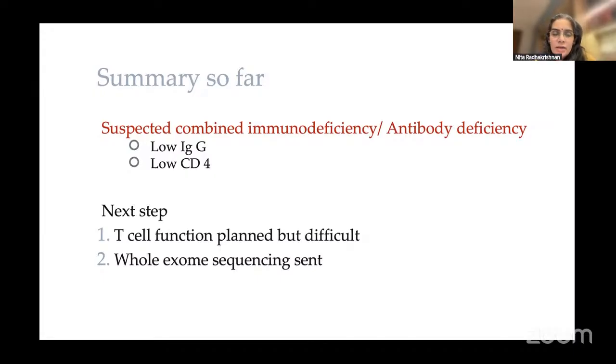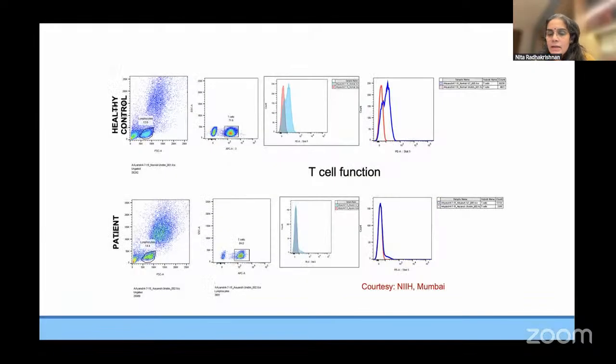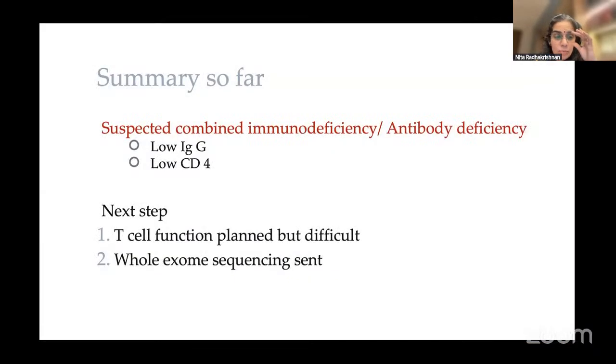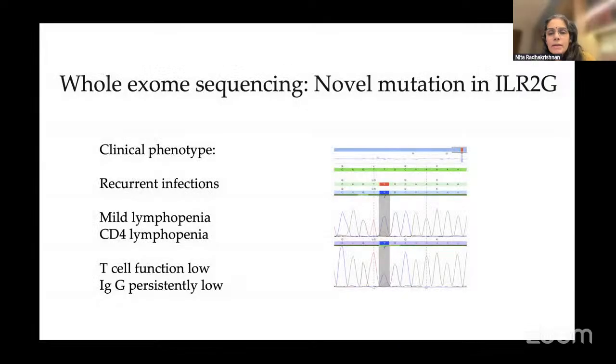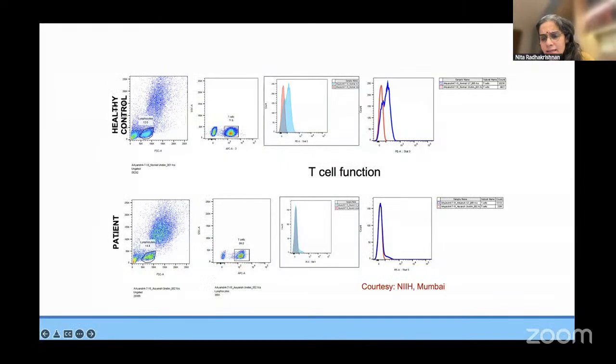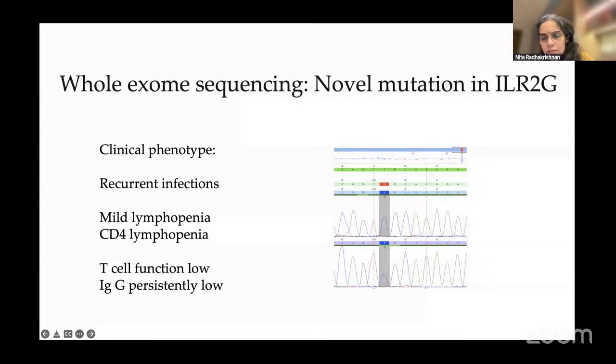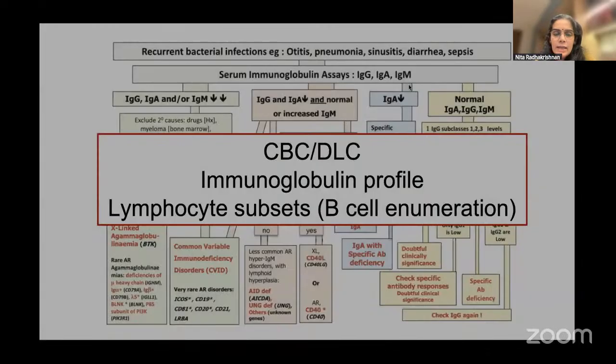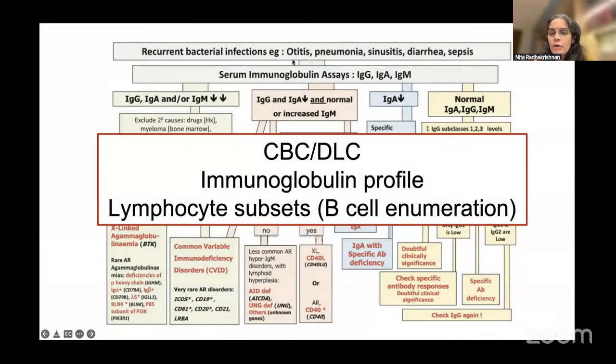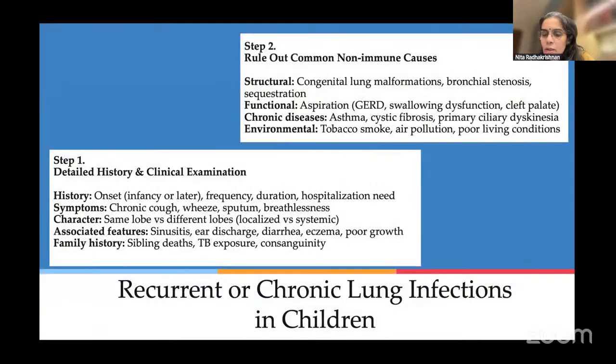So here, again, whole exome picked up the diagnosis. The flow was done at NIH Mumbai, but the whole exome later picked up that it was again a SCID mutation only, IL2RG, X-linked SCID, but it is a new variant, and that novel variant was actually not as severe as the usual variety, and that's probably why he was diagnosed a bit late. So any suspicion of otitis media, pneumonia, sinusitis, this group of presentation, these are the 3 things in this stepwise order that you should be looking at.